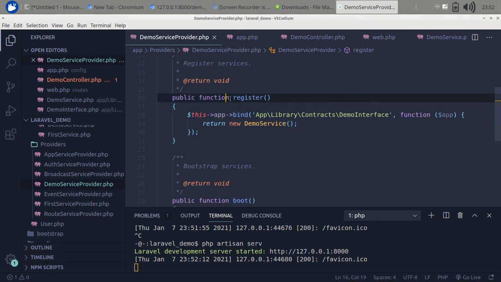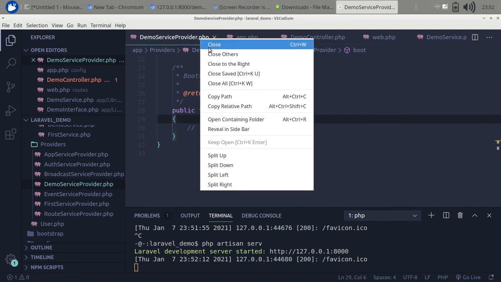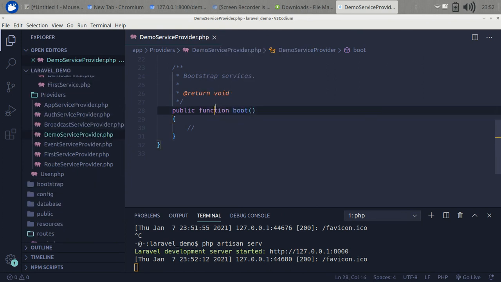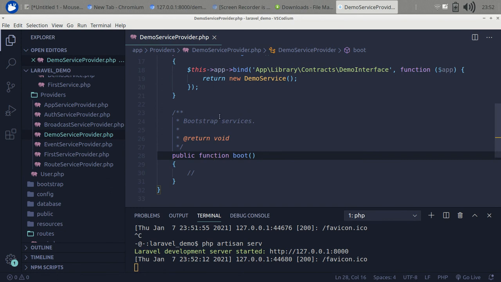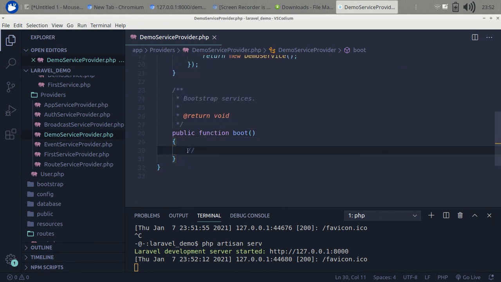Okay, so let's talk about the boot function also. So in our service provider, let's suppose others. Okay, so in the boot function, we can register other service providers, call other service providers' functionality and other things at the time of this service provider boot. Okay, so we can also do multiple things here, like we can bind the model classes with a model here, or you can make a custom validator here, like